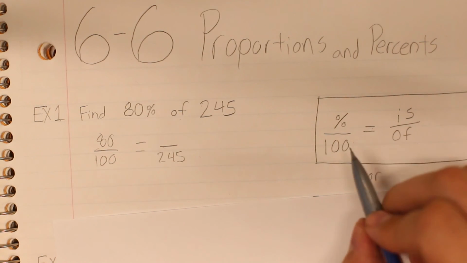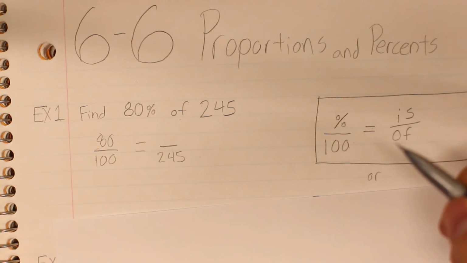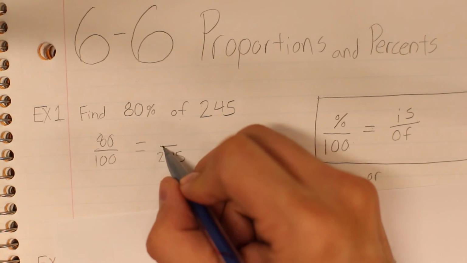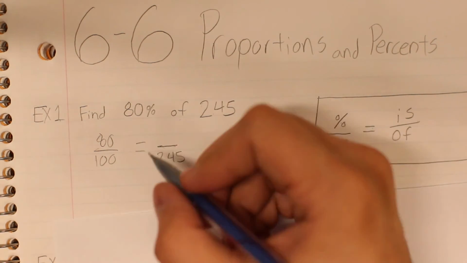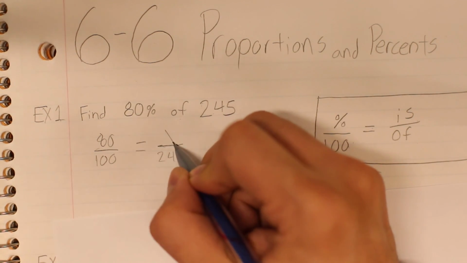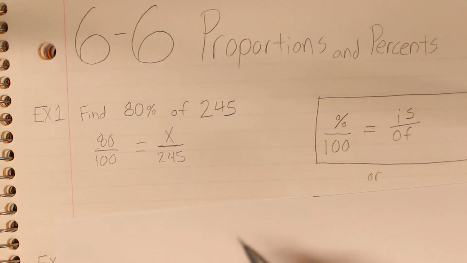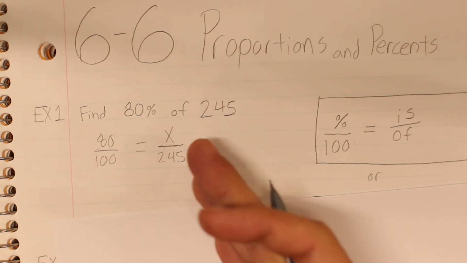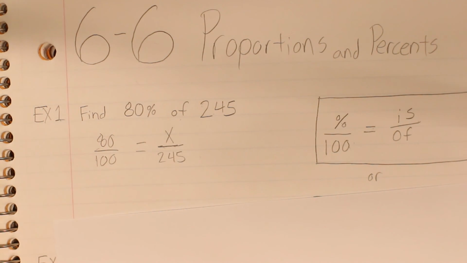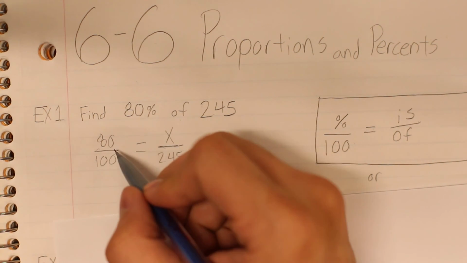Well, I don't have an is anywhere in here. That's what I'm looking for. I'm looking for the part, the 80% of this number. So that's where I put my variable, x. At this point, it's just a proportion problem that's easy for you to solve. Just go ahead and reduce, cross multiply, and divide. So if I reduce this, I could say, well,